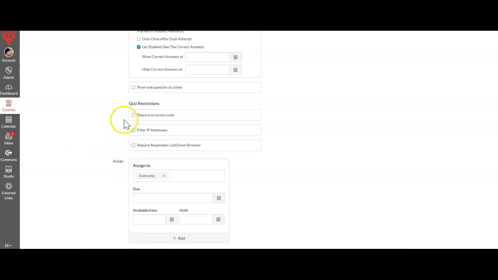Down below that, you've got options as you make more quizzes, like more summative assessments. You can add access codes or IP addresses so they can't take things at home or even put them in a lockdown browser. And right now I have this set up going to everybody, but if you click that out,